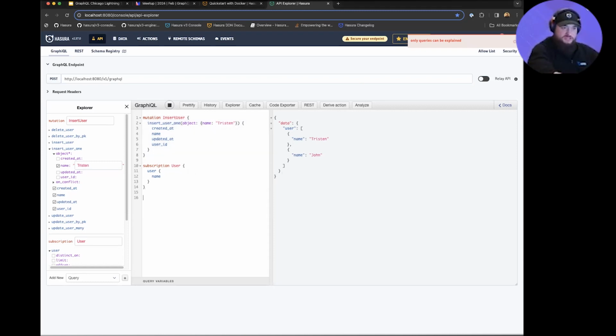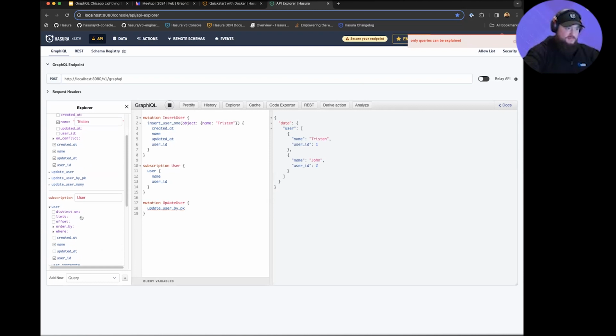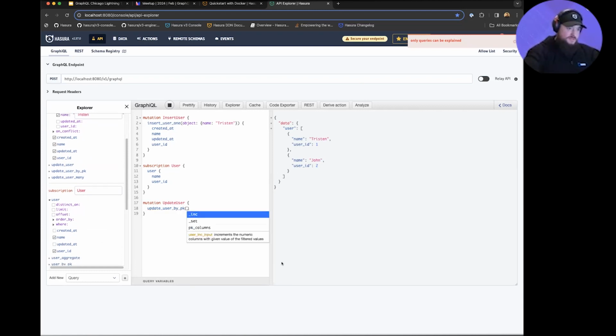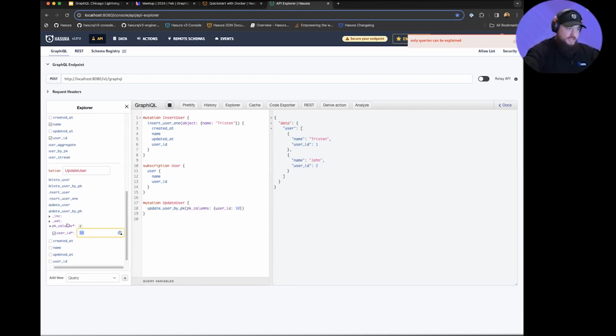What's kind of neat too is you get updates as well. So I can say update user, and I could say update user by PK. What are my user IDs? Probably it's going to start with 1, right? Because I chose the auto incrementing integer, but let's just check there. Yep, that makes sense. So we'll go ahead and say the PK columns. We do have transactions here, which is pretty neat. I can set my PK column as 1, and I could say I want to set the name to, we'll